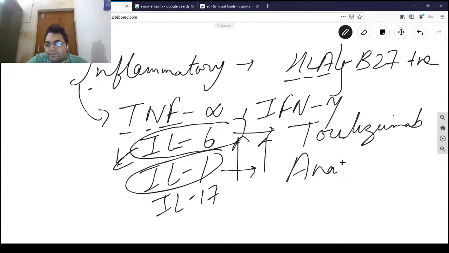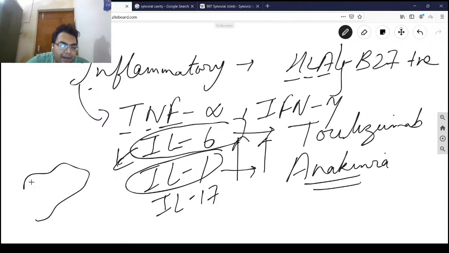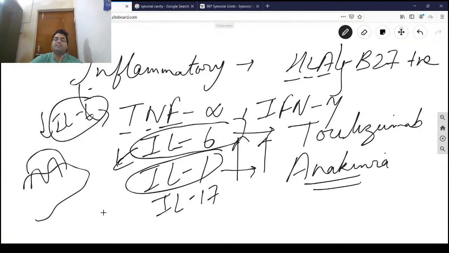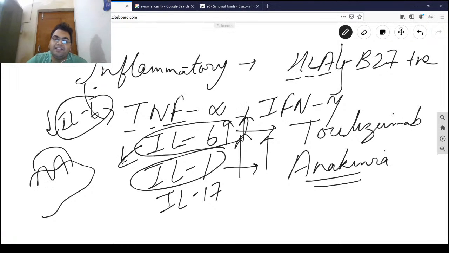For IL-1, there is a drug known as anakinra, an IL-1 receptor antagonist. A receptor antagonist means wherever the interleukin will bind, it will cover that specific receptor, so it cannot cause any kind of damaging effect. There are many chemicals which are upregulated in the human body because of HLA-B27. Even B27 negative people can have these chemicals. The research is going on as to why all of a sudden these chemicals are activated. One theory for why these chemicals are too high in some people is the gut dysbiosis theory,